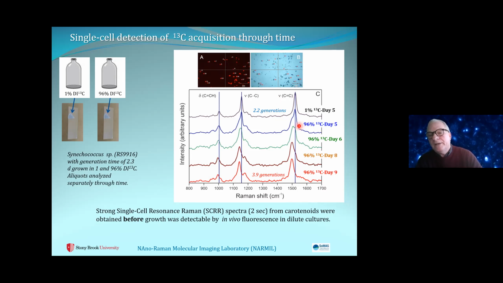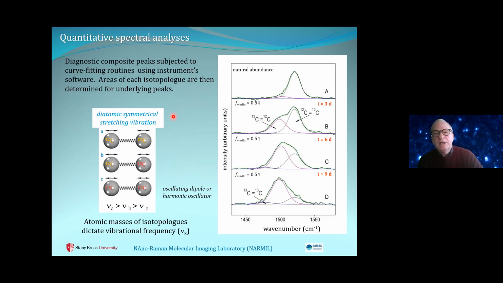What's going on in these spectral shifts? Well, go back to this diatomic model that I showed earlier. If you have isotopically light molecules, they will vibrate at 1 frequency. If we have an isotopologue that is C12, C13, it has an intermediate frequency. And if both atoms are C13, it has a lower frequency because it's heavier, and so it can't vibrate as fast with the same photon energy input. And that's being illustrated here.